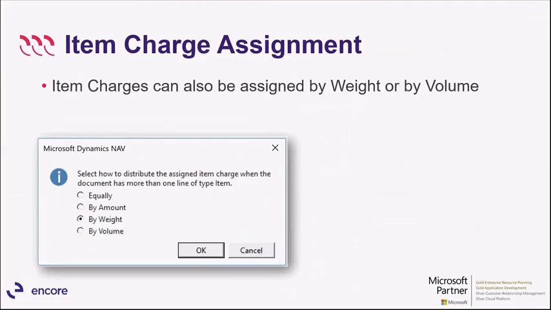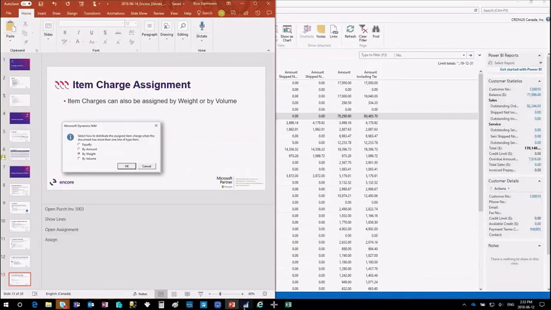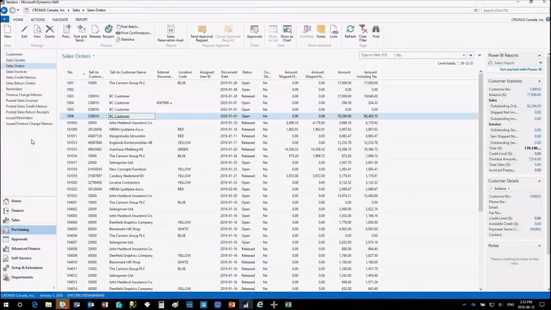Next new thing is the item charge assignment. If you go for the items, previously you had only the chance to assign it equally or by amount. Now it is available to assign it by weight and by volume. I can easily show you in NAV. So if we go for purchasing invoices,